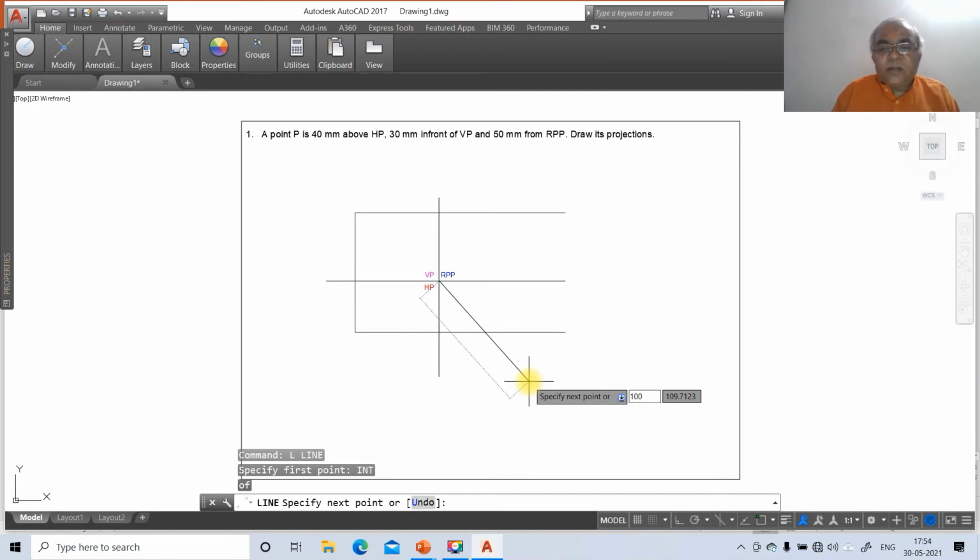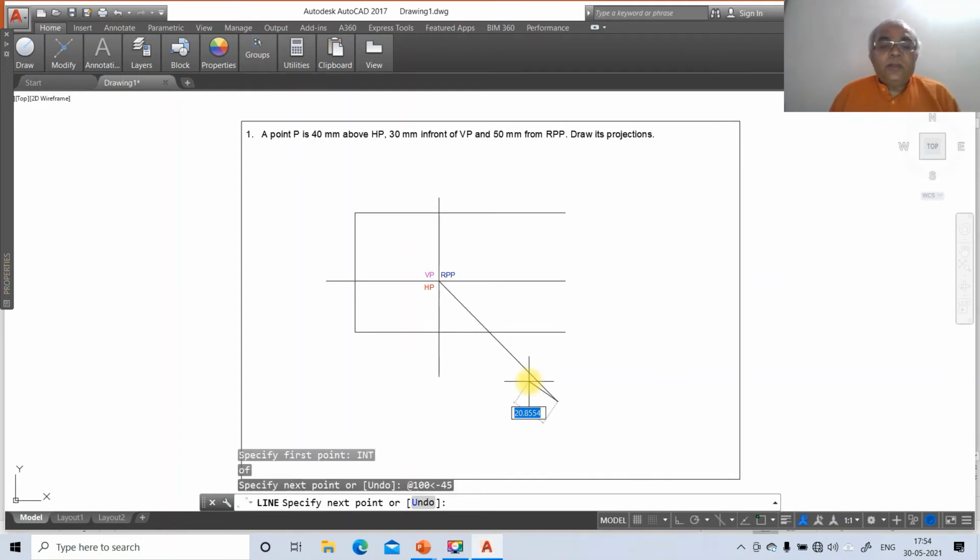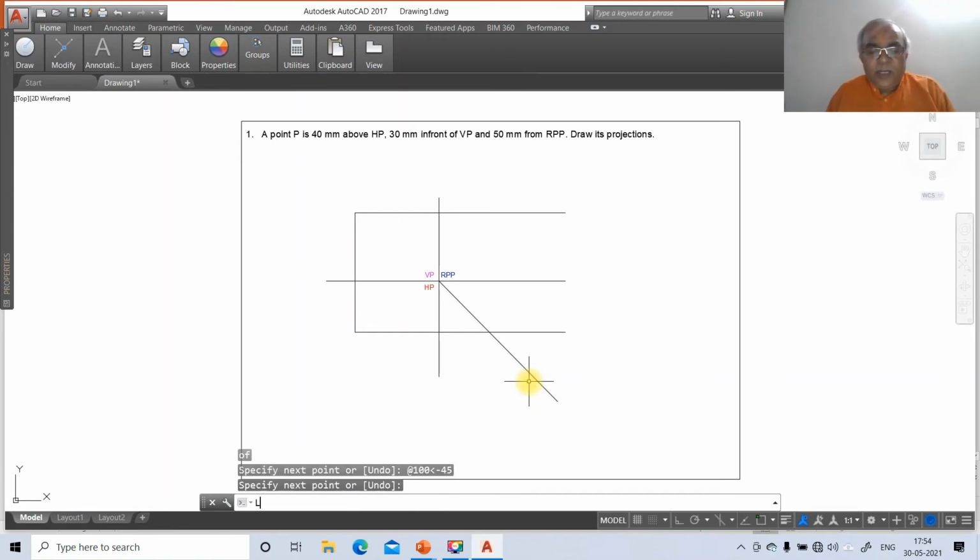Relative polar is always the distance and also the angle. At the rate 100 less than minus 45, because the clockwise direction of angle rotation is always negative. So you click on this and enter, and then you press enter key, then go to line, take the intersection point of this, and then the intersection of this, select this horizontal intersection of these two, and then draw perpendicular to this line. So you are going to get this point.